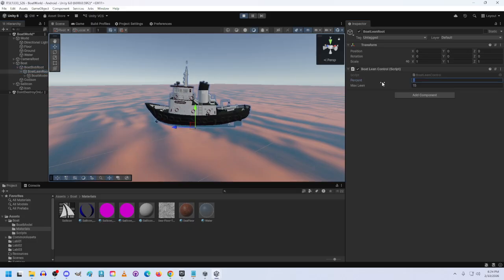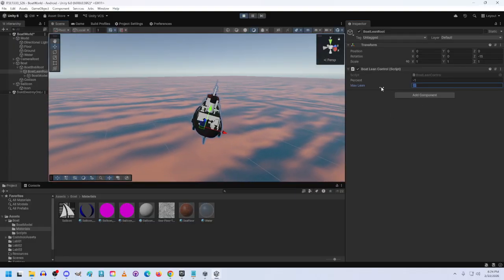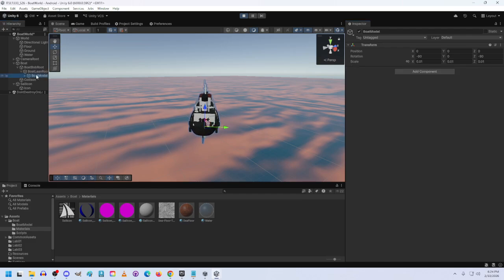So if you wanted to go 1, -1, that's how much that lean is. How much of the percent is that lean? So if you wanted to lean the boat, control how the boat is bobbing, here's the boat model